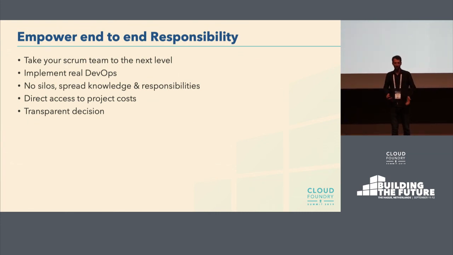And this was actually then the start for the team to take over more responsibility, getting involved into everything from A to Z, and getting the whole thing running. It's also a lot easier now for the team to get information about the project, for example, project costs. So we also listed that here. You really see as a team what costs you are producing. So if you are enhancing the product, you can actually see, oh, the costs go down because now we have a scale to zero development environment, for example. This is really great.